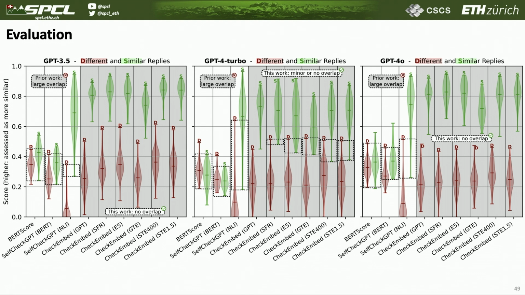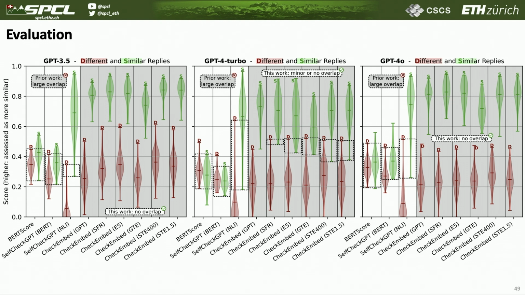So here what we can see is that we have three plots. The data on the left are quite old, from the old model, but then we also have newer models on the right side. What all these three plots are showing is that the x-axis is the comparison baseline. So it's CheckEmbed, different variants that we parameterize with different embedding models, and we compare to BERTScore and SelfCheckGPT. And then the y-axis is the score, which means that the higher it is, the more similar